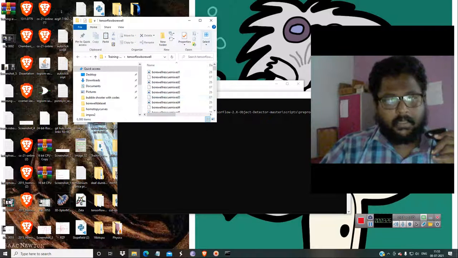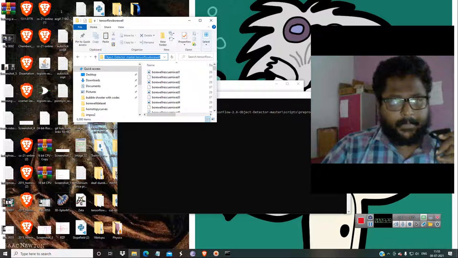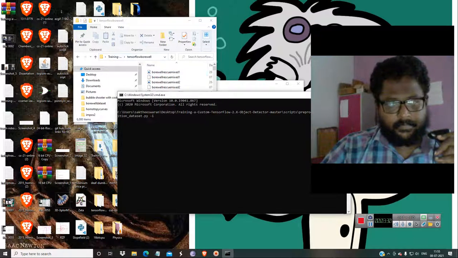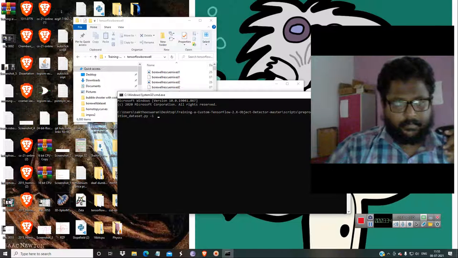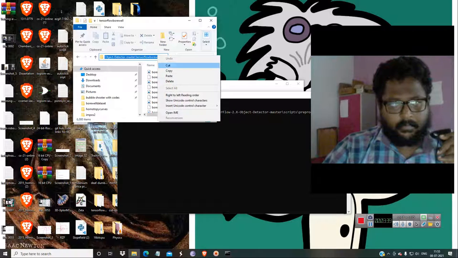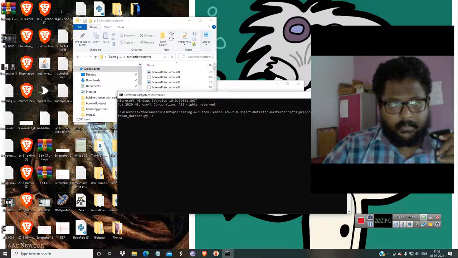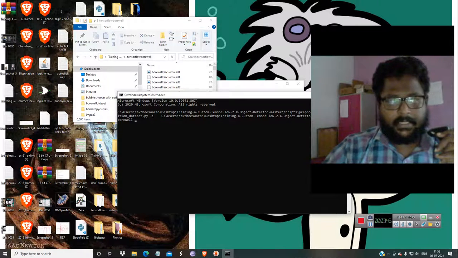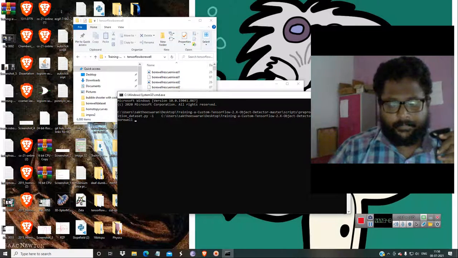TensorFlow Borewell. So let's go here and copy this and then just paste this. Okay, it's over here. So I have given the image directory completely.